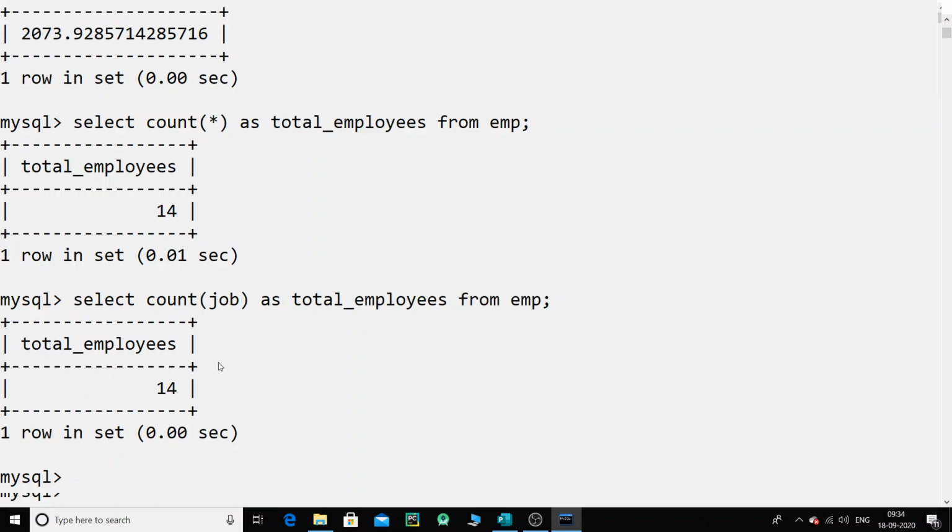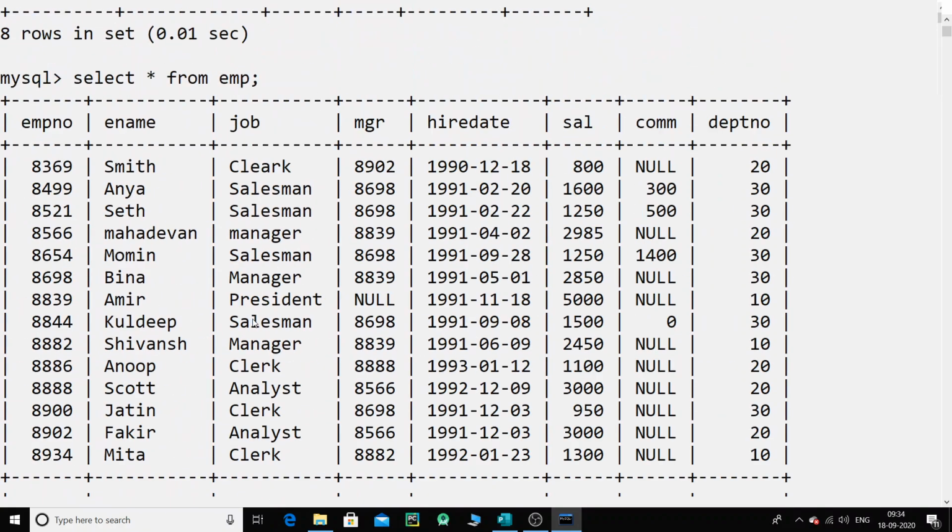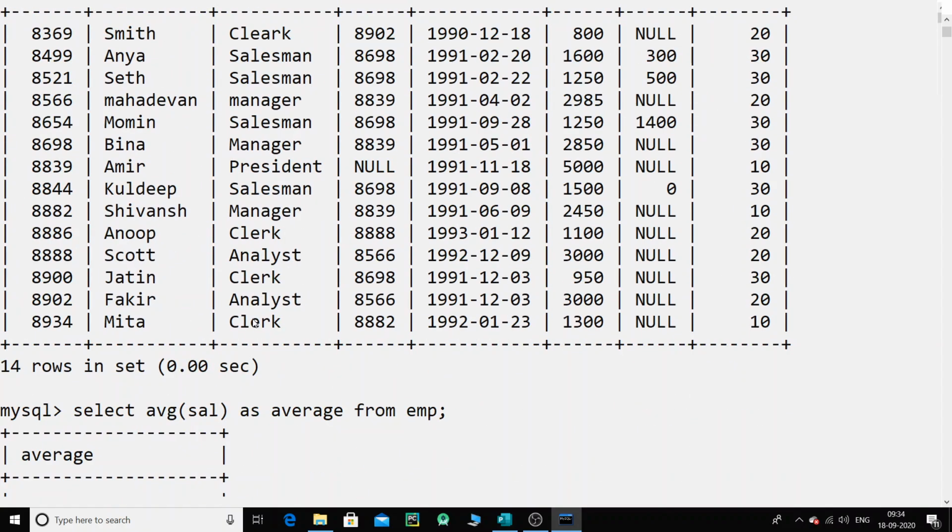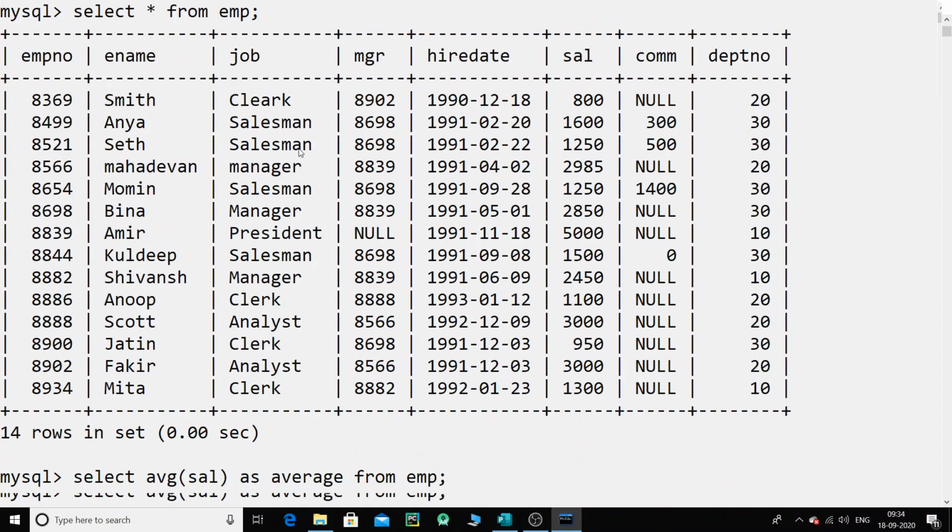So this is how you can do it. And if you go back to the table, let us apply the count on job. As you can see, there are two salesmen and a clerk, and there is a spelling mistake in the clerk out here, so 1 2 3, and this one will be different because there is a spelling mistake.